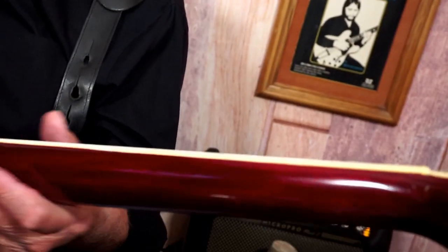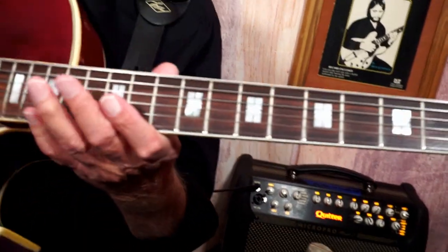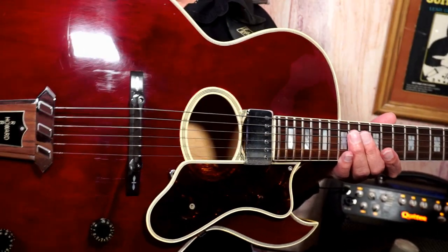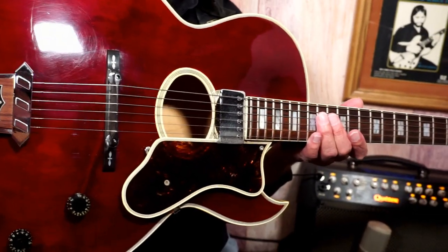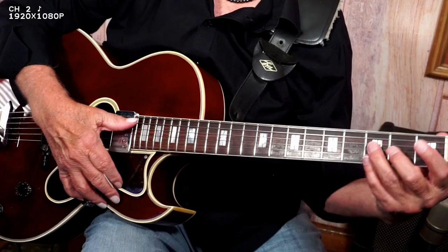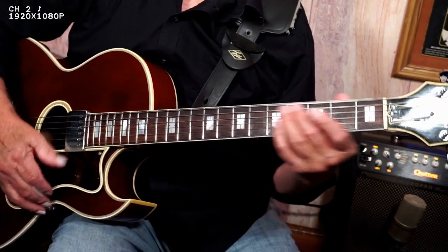It's a dark, deep red on this. Sometimes it looks a little brighter on the camera than it really is under the lights. There it is, though. Whoops. A Gibson Howard Roberts, and the year is in the late 70s, '77, '78, something like that. If you're interested,